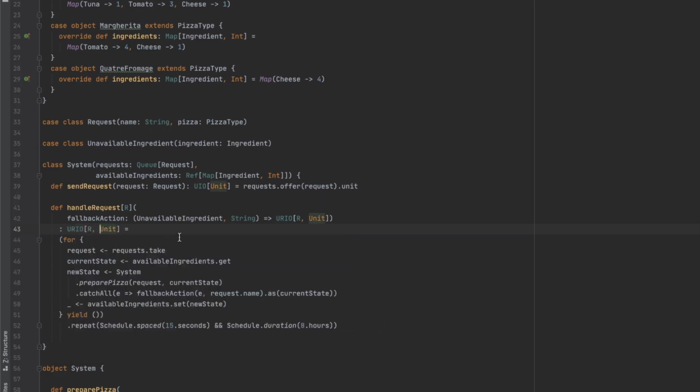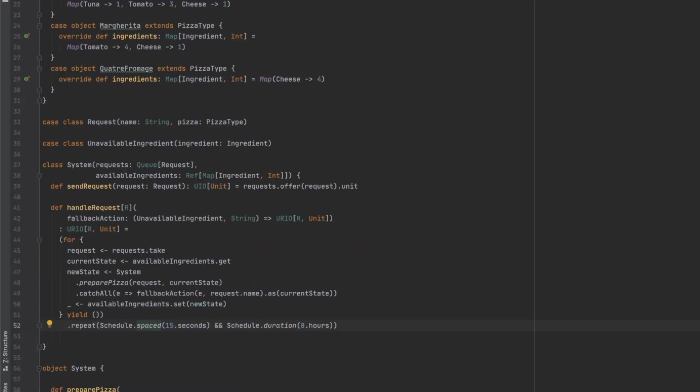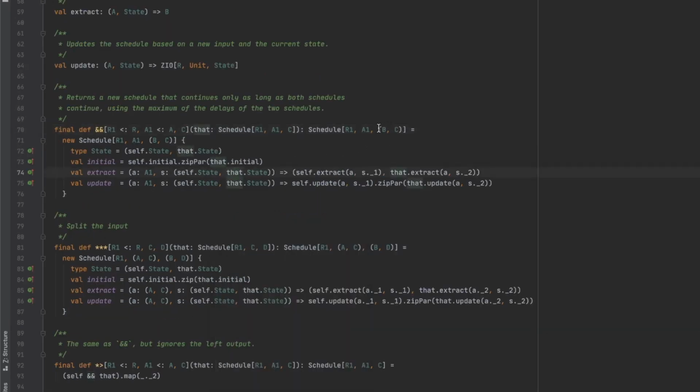But actually this is wrong, because the schedule we use to repeat, schedule spaced, requires a clock, and duration also requires a clock. We will ignore the result. We need to make it a unit, because this repeat of this schedule will return the tuple of the outputs of